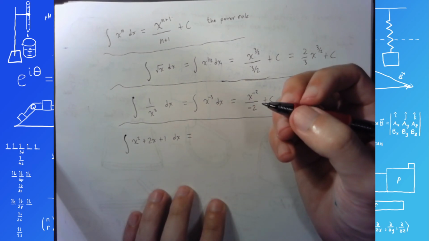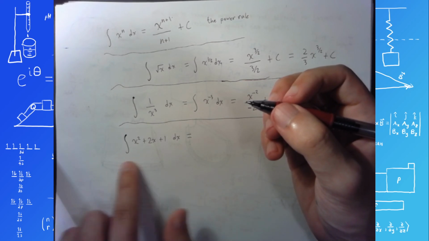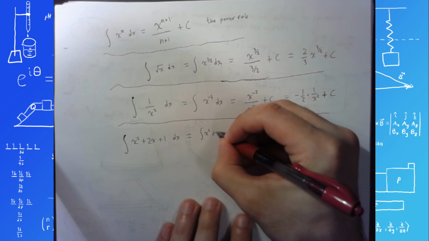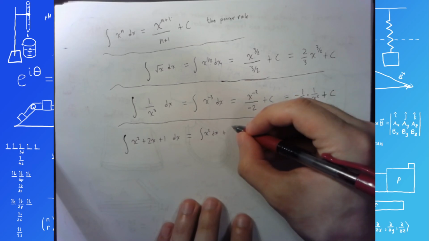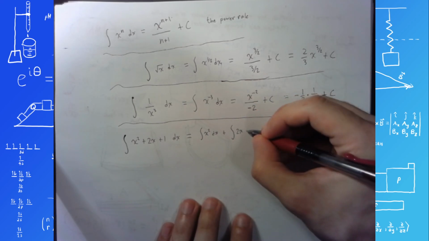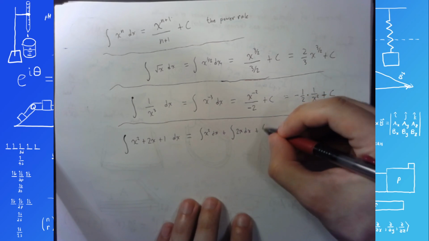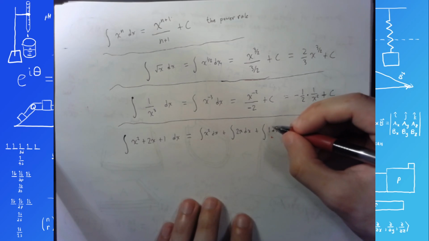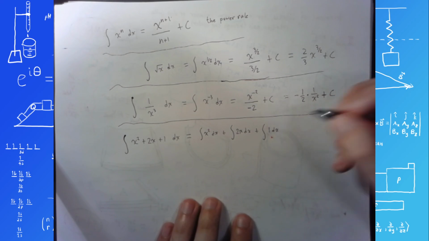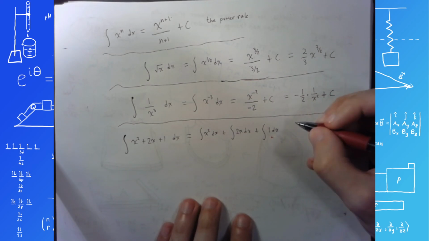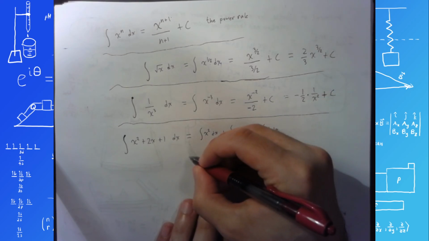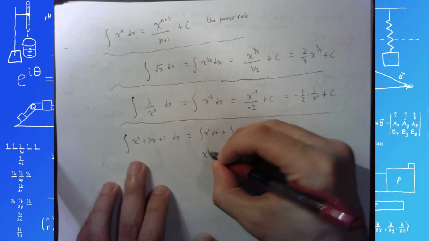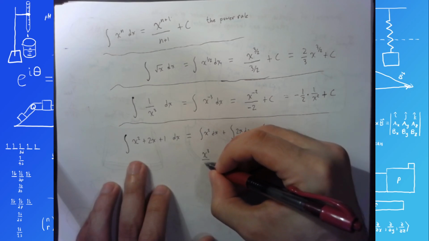And this would give you, let's see, you could just do it as 3 separate integrals. You could do it as the integral of x squared dx plus the integral of 2x dx plus the integral of 1 dx, which is often just written as the integral of dx without the 1. And you would just do, let's see, x squared becomes x cubed over 3